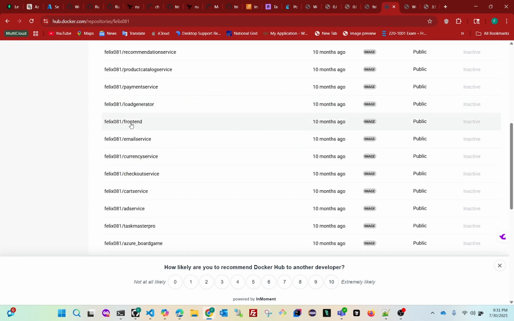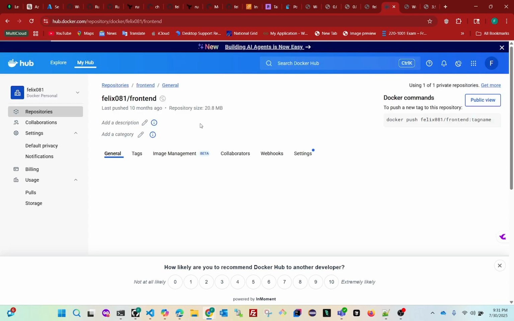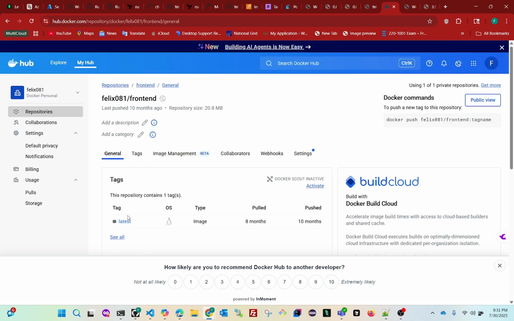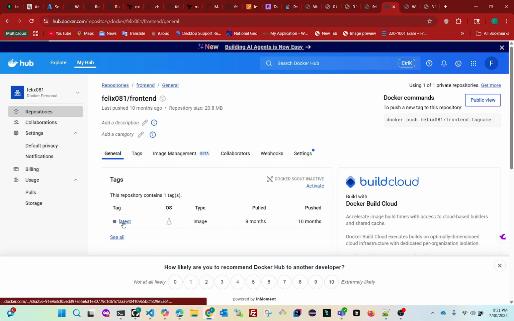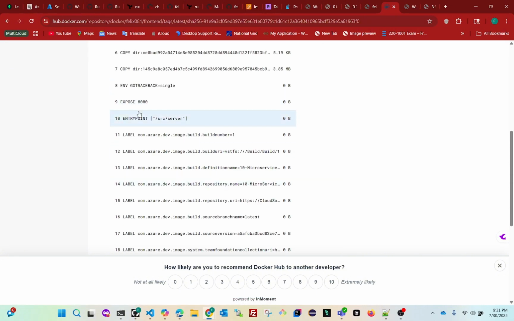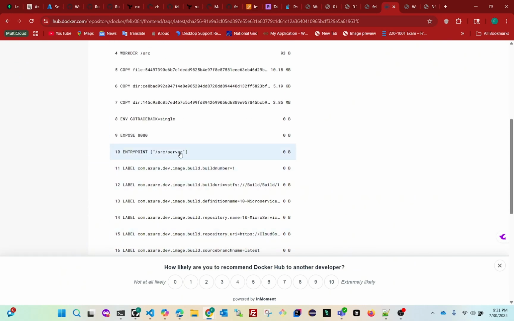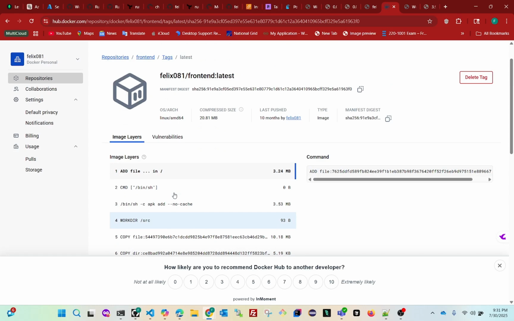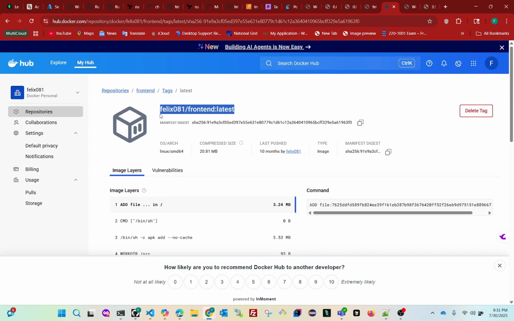Okay, I'm not very sure. Let me see. Let's try this one that says front end, latest. Okay, and it is exposed on port 8080. That is the entry point server. Okay, let's try this. So I'm going to copy this,